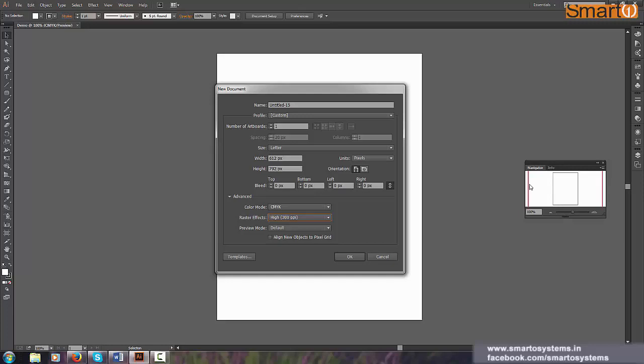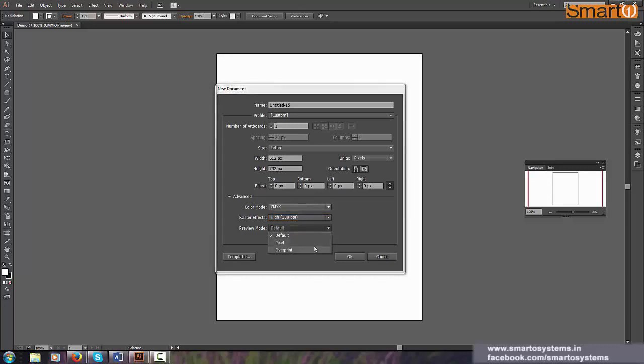So if you have any images in your document, you might want to select 300 dpi. 72 will drop down the quality of your images a lot, and they might not come out well when you actually print them. So I generally keep it at 300 dpi because it doesn't affect performance much, and it's good for better quality.